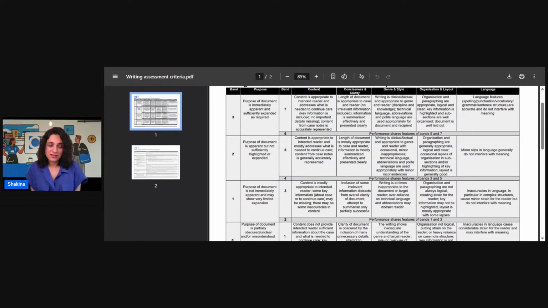What is important for you to remember is to understand that yes, you are being assessed against this criteria. These are the bands, or the scores that you could get, and you need to be able to identify what the specific things are in this criteria that the assessors are looking for as evidence of a good letter, strengths of a good letter. And this is something that you can find in our writing guide that I've shared. It's on our writing page.